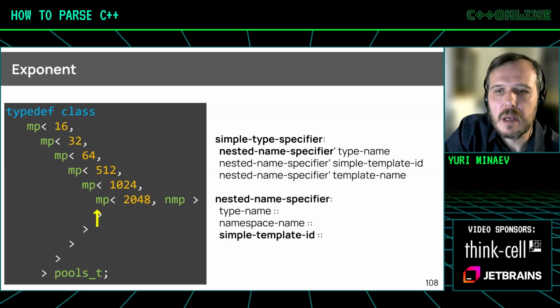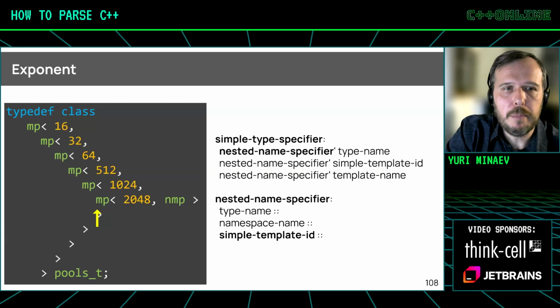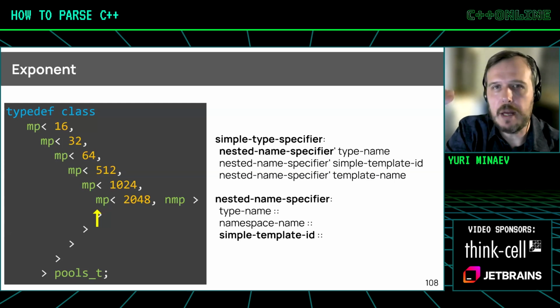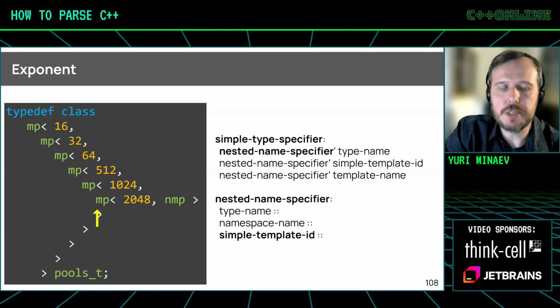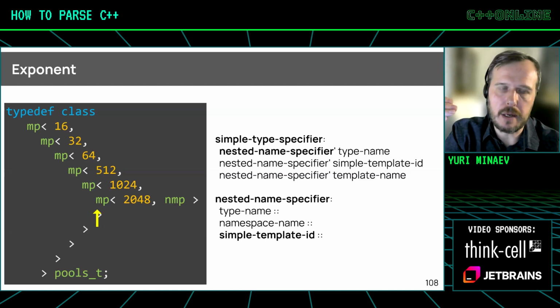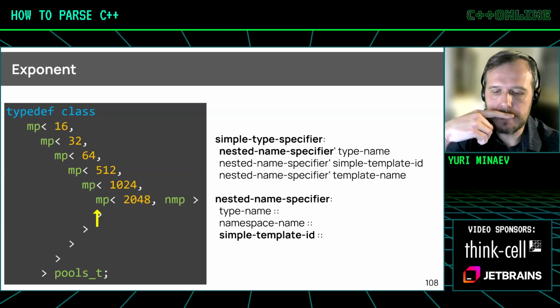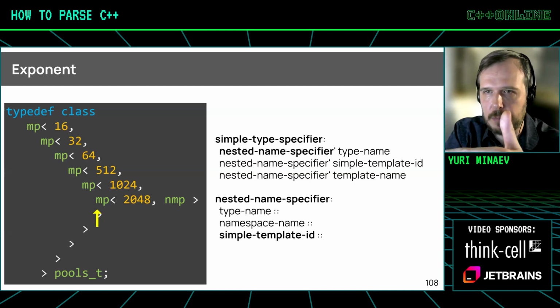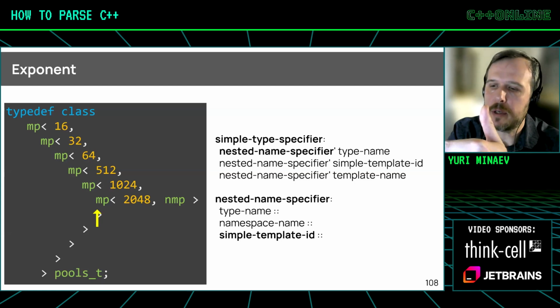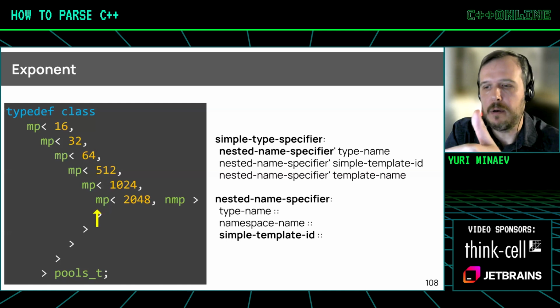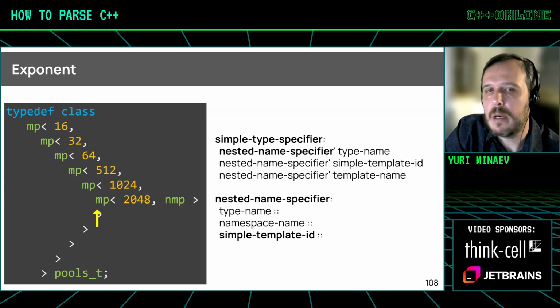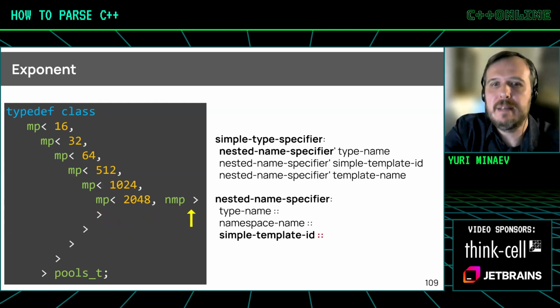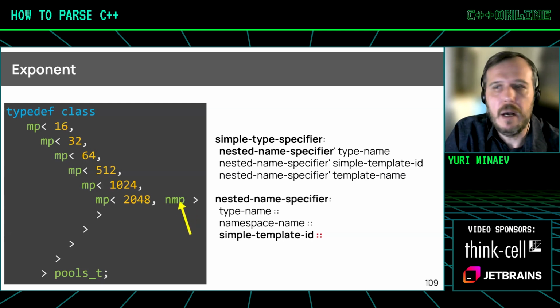So what really happens here is at every step, at every nesting of that huge declaration, we just keep going like that. Simple template ID, nested name specifier, no colons, go back, go try and parse simple template specifier. Here's our argument of the simple template specifier. Go try and parse the argument. Oh, it should be a nested name specifier. No colons, go back. And it goes on and on and on. And the more nesting levels you have, like here,